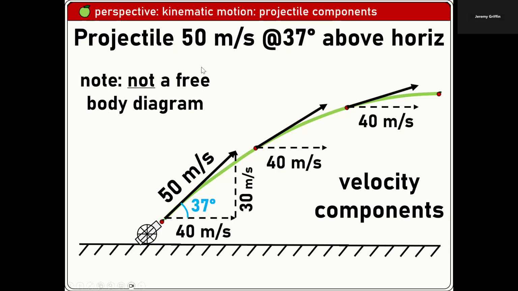Is it slowing down vertically? Yes. By how much every second? 10 meters per second every passing second. Which means after 1 second, how fast is it going strictly upward? 20, because 30 minus 10 is 20. And after 1 more second, how fast? 10 meters per second. And after 1 more second, 0 meters per second vertical,